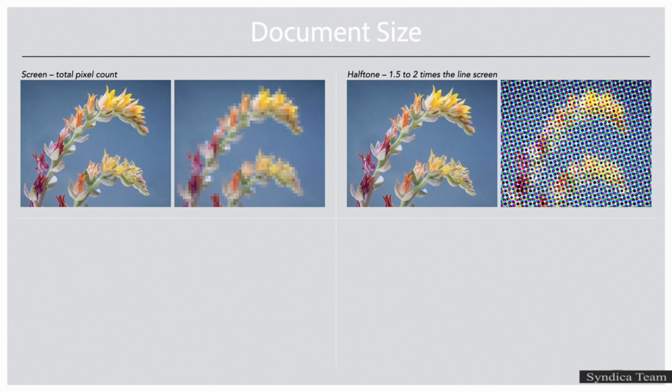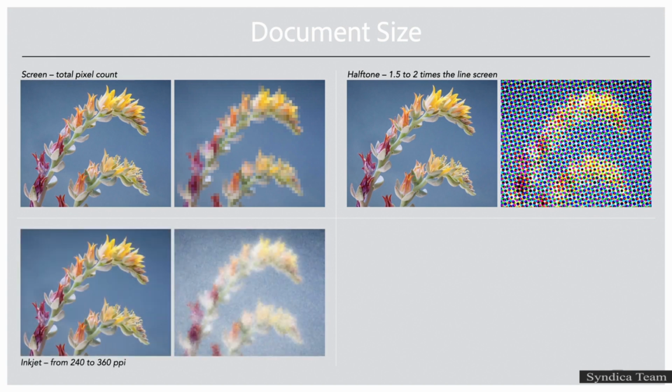So as a general rule of thumb, you need 1.5 to 2 times the line screen, called LPI, in pixels per inch, or PPI. So for example, if you're going to print to a 100 line screen, you're going to need between 150 and 200 pixels per inch. So with that in mind, when you're preparing documents to be printed to the printing press, it's really important to work with your printer, because together, you and your printer are going to decide on a line screen based on the ink and the paper. And then from there, you can decide whether you want 1.5 or 2 times the line screen in order to achieve the quality that you're looking for.